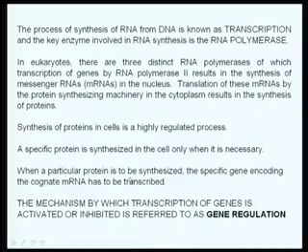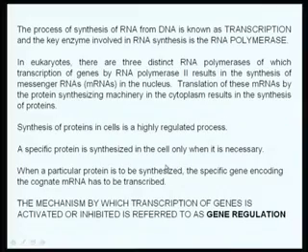Now, when a particular protein is to be synthesized, the specific gene coding for the cognate RNA has to be transcribed. This is where the regulation comes into the picture. Only those proteins need to be synthesized and only those genes need to be transcribed by the RNA polymerase, whereas other genes whose proteins are not required should not be transcribed by RNA polymerase. This is the molecular basis for differential gene regulation.